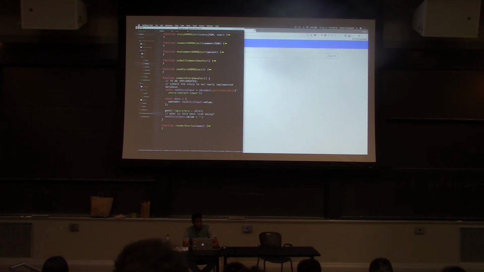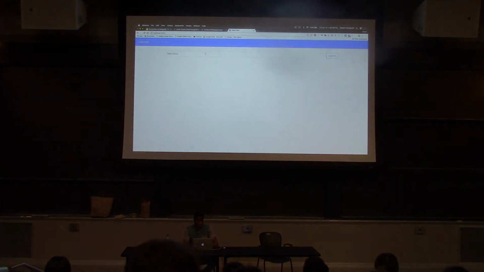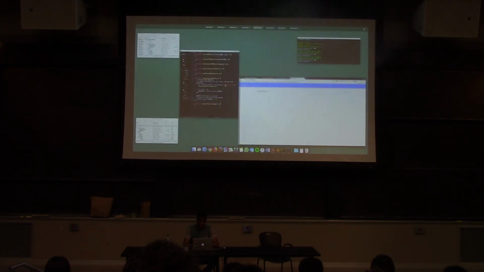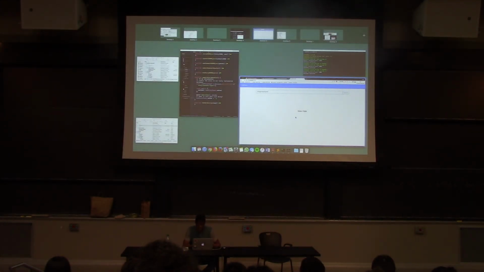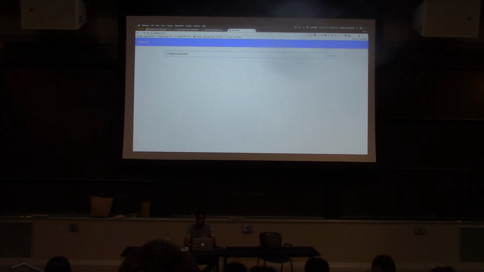And then we post the story to the database, and then we have this line right here. So what do you think this line is doing? I'll just explain it. This is before, right? Actually, I think this is right now, because nodemon updates every time we make a change. But anyway, if you click on submit, the line